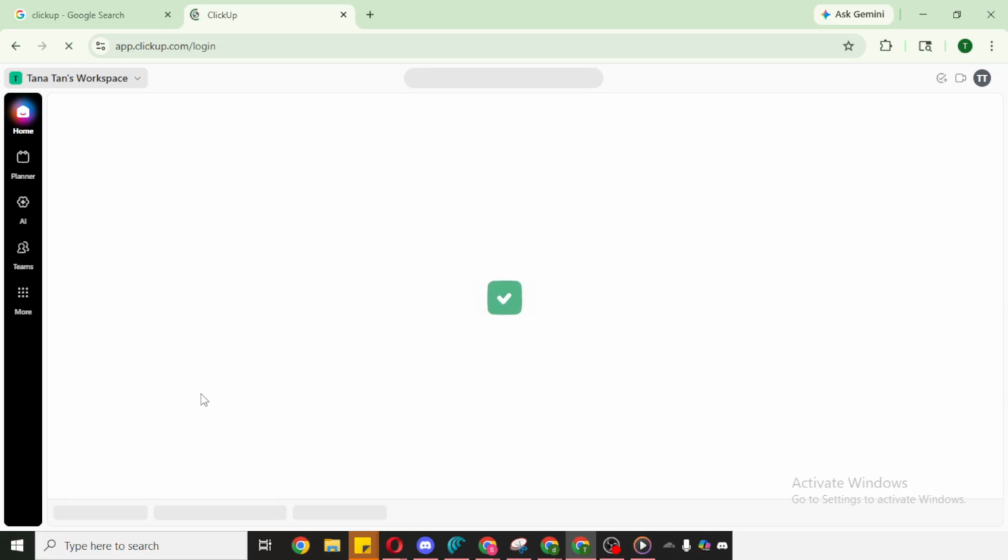Next, you'll be prompted to select or enter your email address to sign up. Choose an email you check regularly, since this account will be linked to your workspace and important notifications. After entering your email, continue to the next screen. If the site offers additional sign-in options, simply stay focused on using your email so you keep things straightforward. From here, set up your account by following the prompts on your screen.